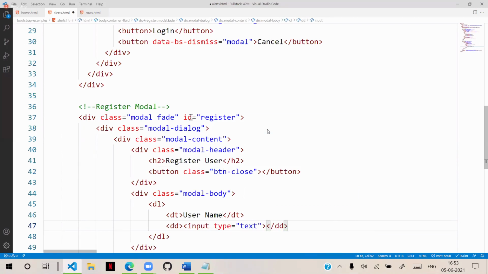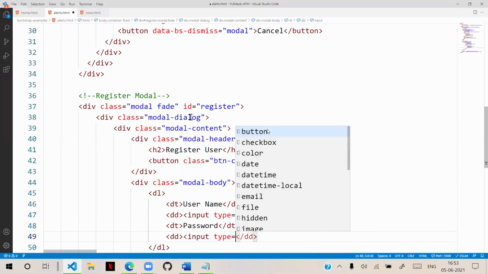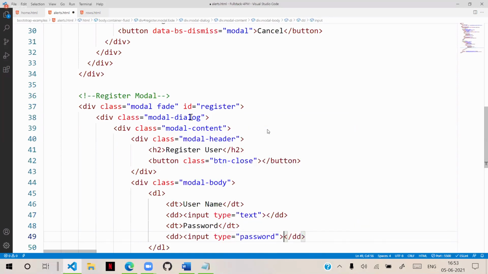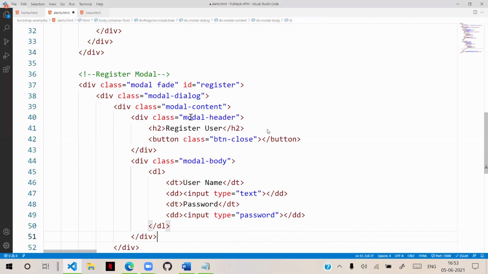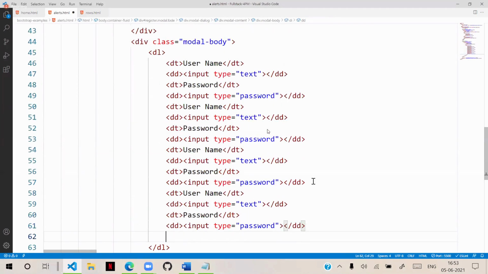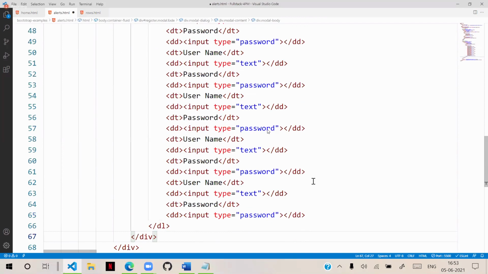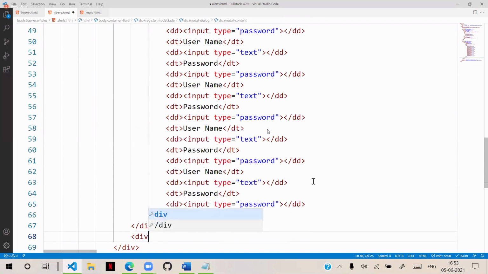Just roughly, I will use data term password and data definition input type is equal to password. Just so you put a lot of fields there. Roughly what I will do, I will copy these two and paste repeatedly so that we can have a lot of fields. Right. And after this, we will create a div.